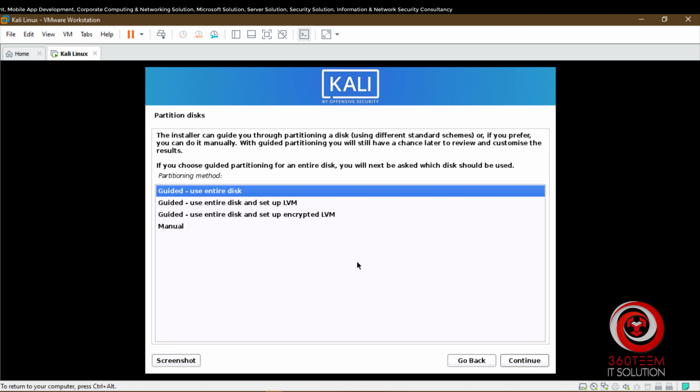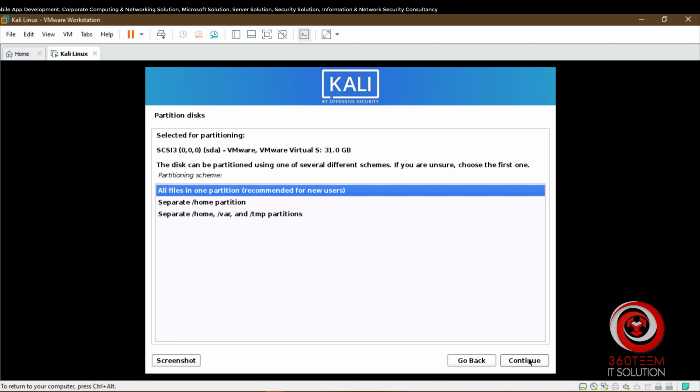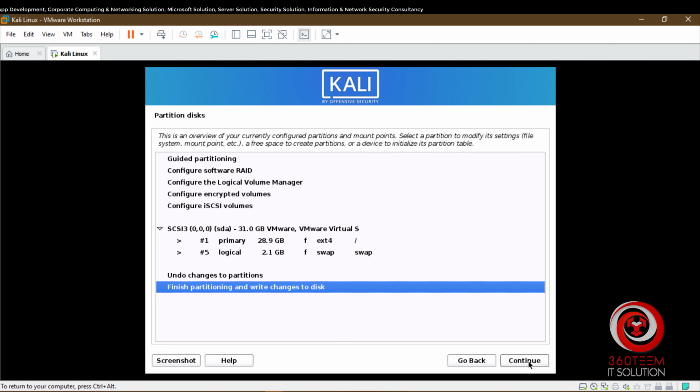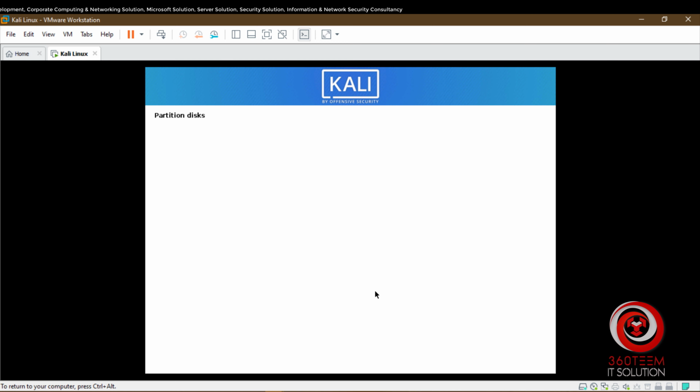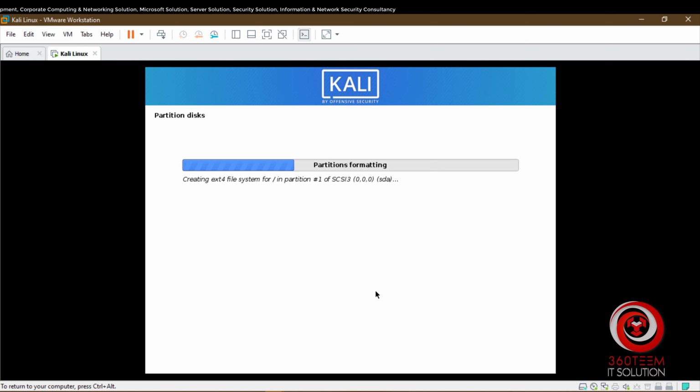So let's wipe the pen drive data. I will choose all files in one partition. Finish. Yes. It will take some time.